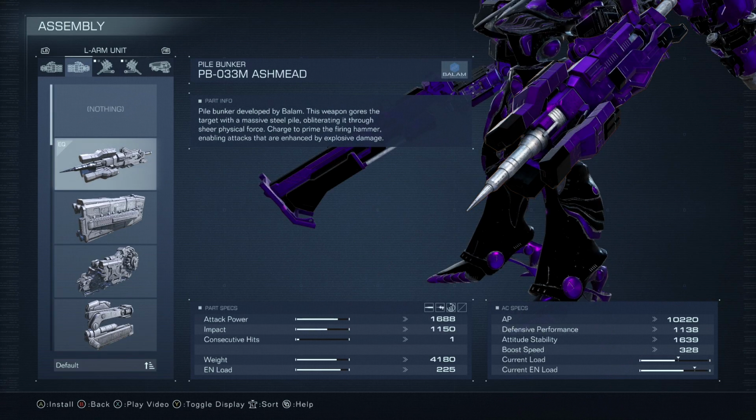Now let's get into our left arm weapon, which is the meat and potatoes of this build, the Pile Bunker. Pile Bunker does an insane amount of damage once we stagger the enemy and we go in for the melee hit. I've seen the Pile Bunker hitting above 10k, 11k, somewhere in that range. It does an amazing amount of DPS. It allows us to hit high damage combos and basically one-shot any AC out there